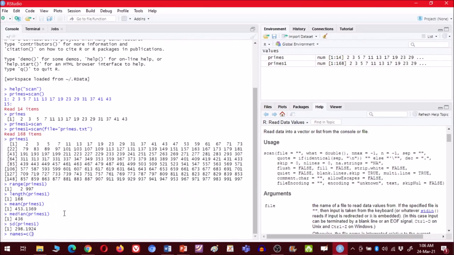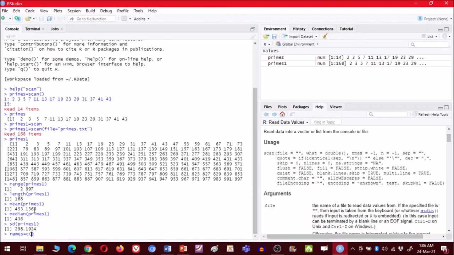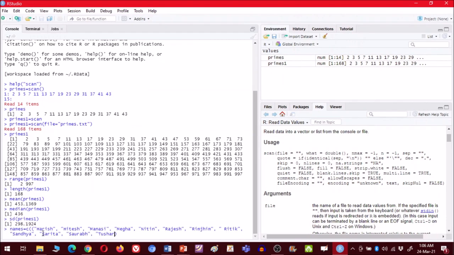So as you can see how to store data, you want to keep names as the heading of this column. So you write the name of the variable as names, and then you use the C formula, C parenthesis, and in this you enter all the names within inverted commas and separated by commas. So this we have done.